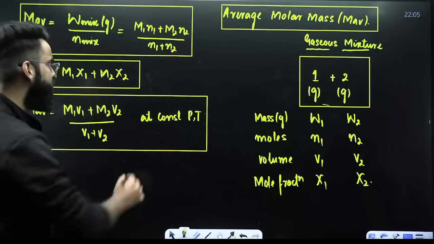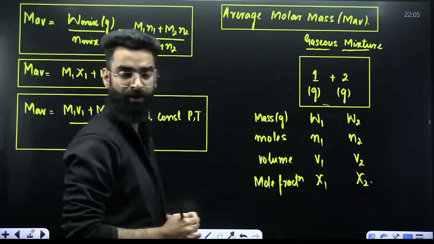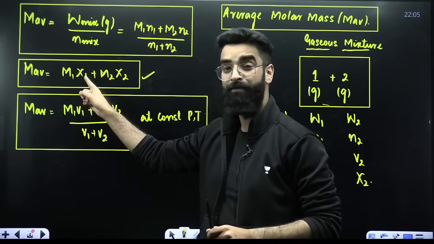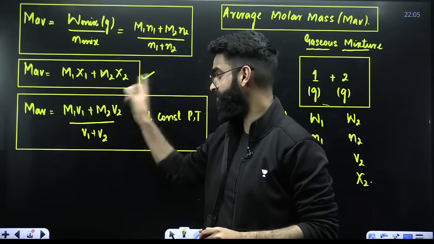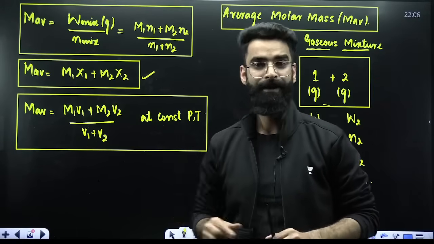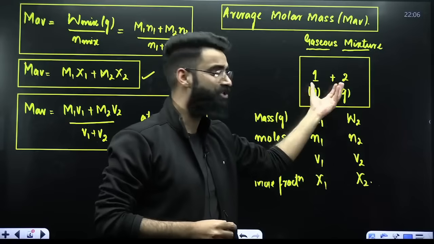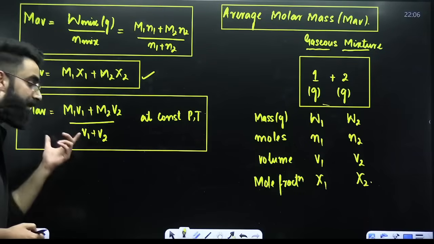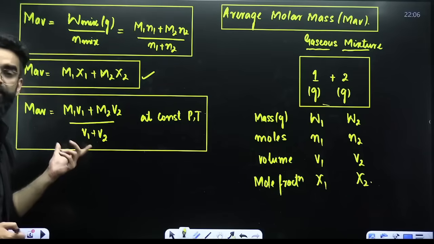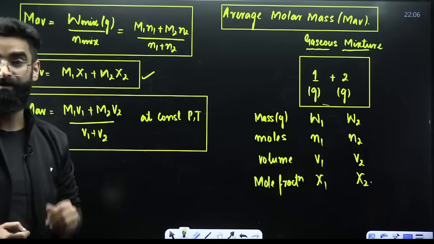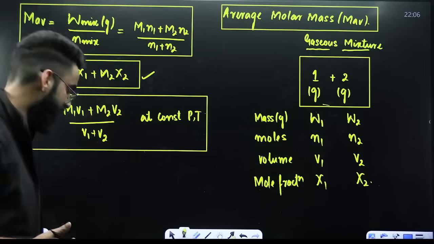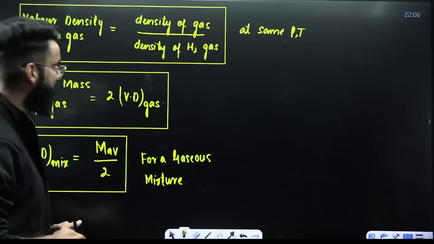Similarly, there is one more result with the help of which you can calculate the average molar mass. That is molar mass of gas 1 multiplied by mole fraction of gas 1 plus molar mass of gas 2 multiplied by mole fraction of gas 2. Similarly, my dear students, if this mixture will be present at constant pressure and temperature, at that point of time, this is the result with the help of which you can calculate the average molar mass of the mixture. So these are different ways with the help of which you can calculate average molar mass of the gaseous mixture,